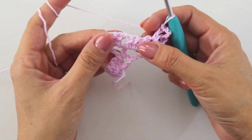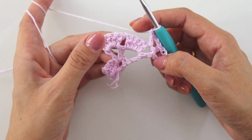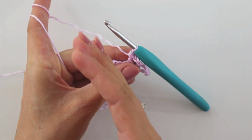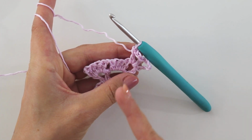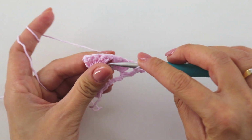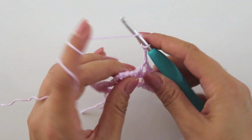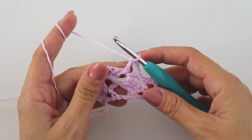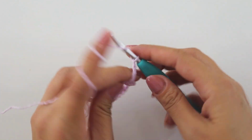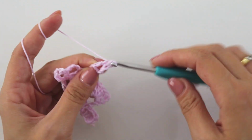We have 2 sets of 4 double crochets for this third row. Now we will need to increase them. For this row we need to make 3 V's. So into this 1 chain space put a double crochet, chain 3 and a double crochet, chain 3, turn, into this first 3 chain space, put 4 double crochets,